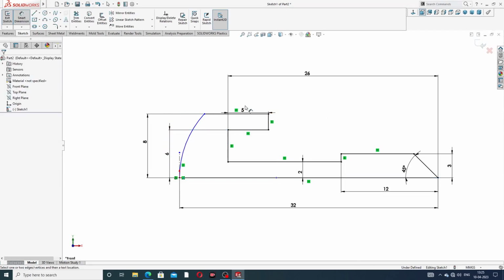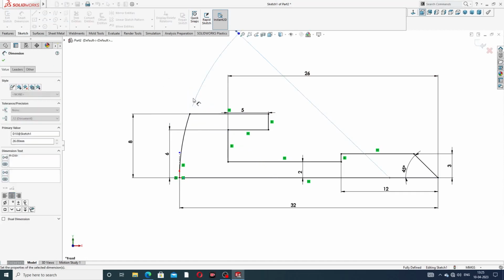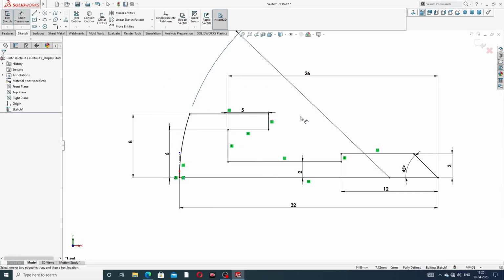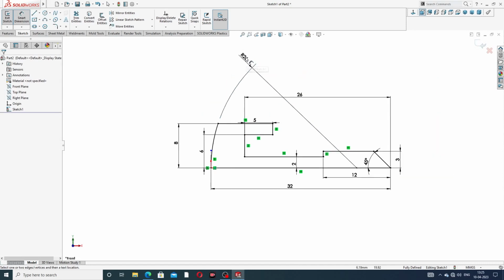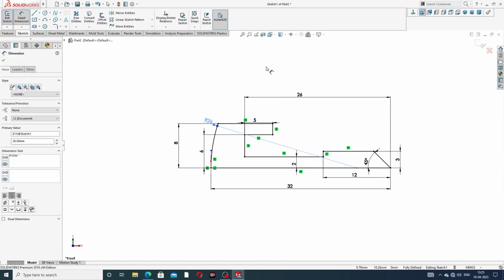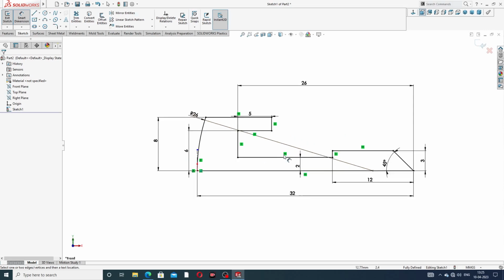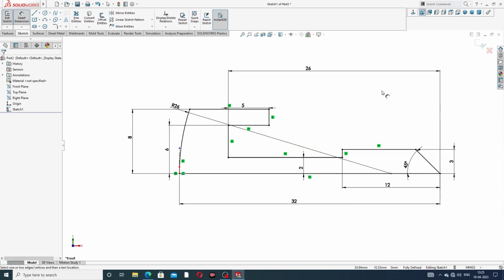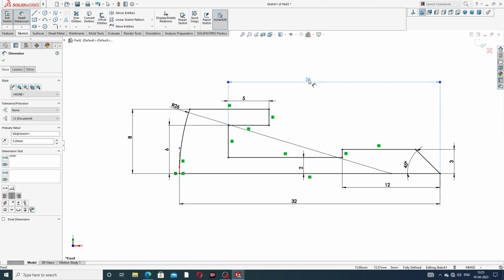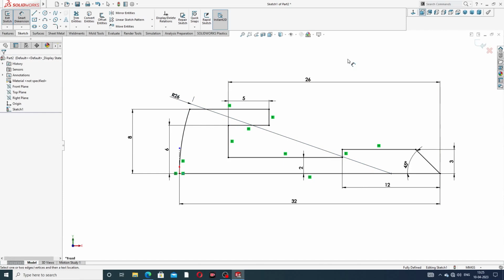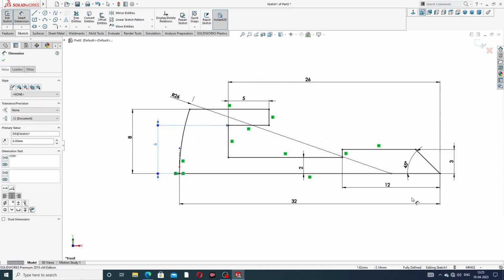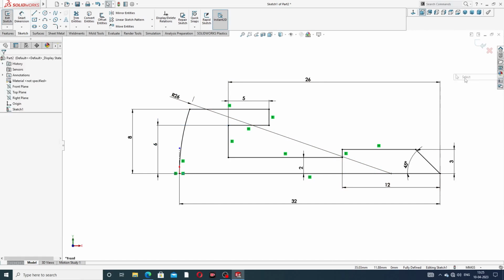This is perfect, and this is 26 perfect. All is perfect, line is drawing here, and this is perfect and correct. Drawing this all dimension and all geometry is correct, and